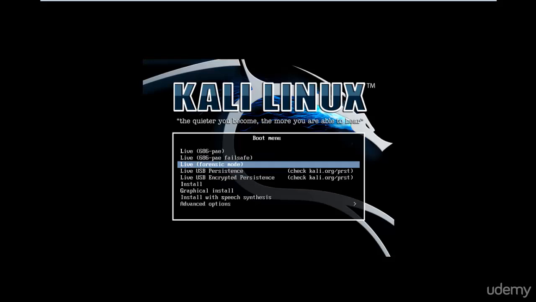These are the forensic methods. That means it won't even leave any single trail, no matter what. But we would be proceeding with graphic install, since we need to go and install that. So graphic install,